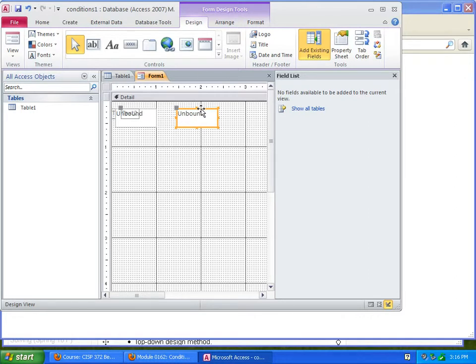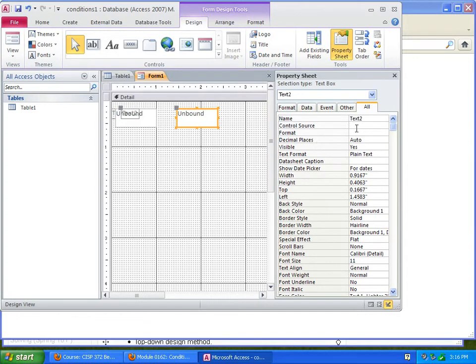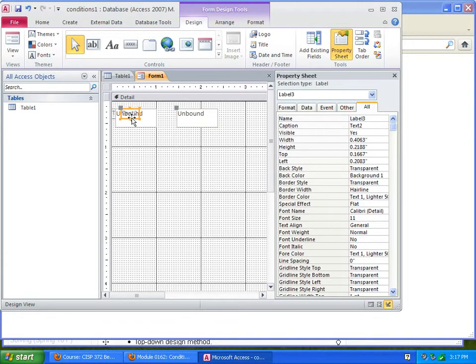It'll be helpful if we open up the properties sheet, so that we can at least see the names of the 2 text boxes. Okay, one is called text 0, the other one is called text 2. If you look at the names, they don't seem to make any sense. It should be 0 and 1. Why are we skipping text 1? The reason is because when we create a text box, it also created a label. See this label here? This label is associated with